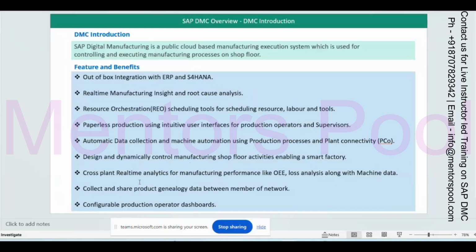For each of the products that you are manufacturing, a product genealogy gets created. It means what all operations have been performed for this particular product, who has done it, what all components, and what is the serial number that has been assembled here.